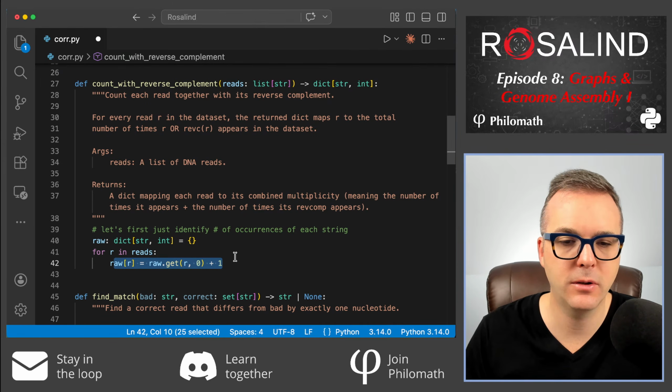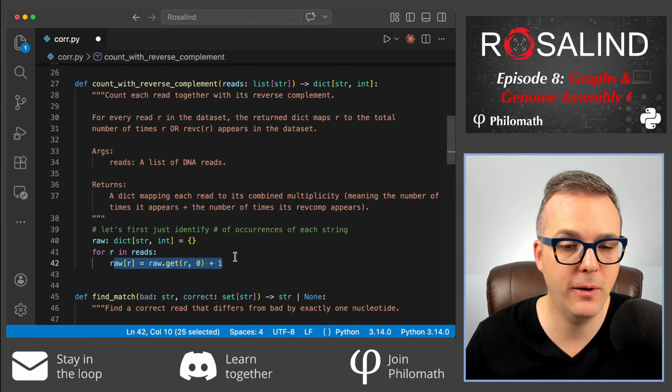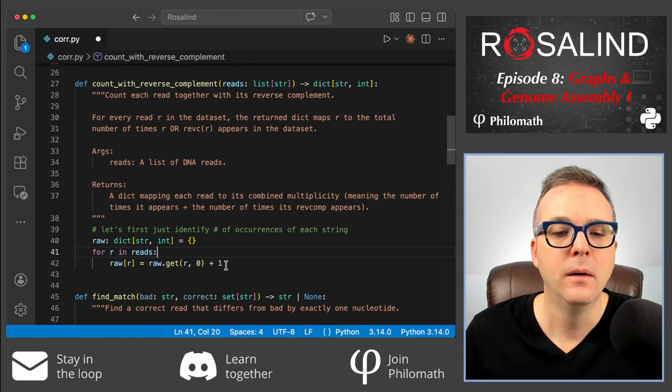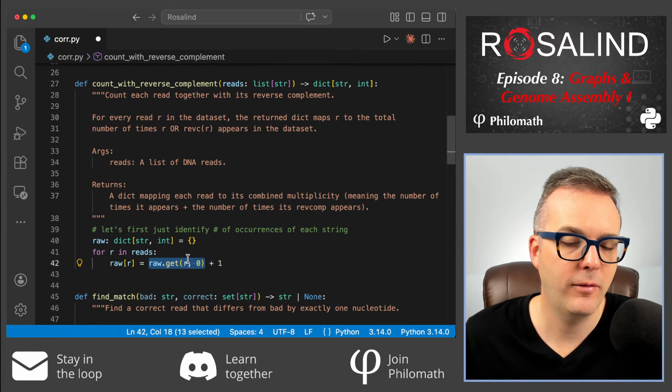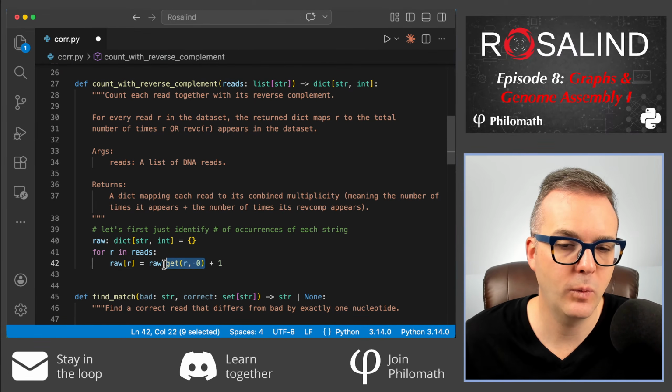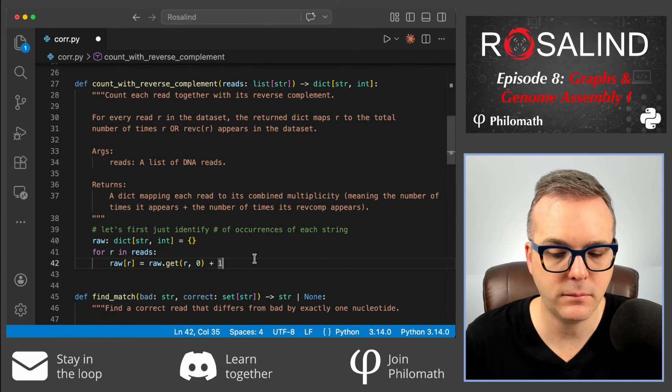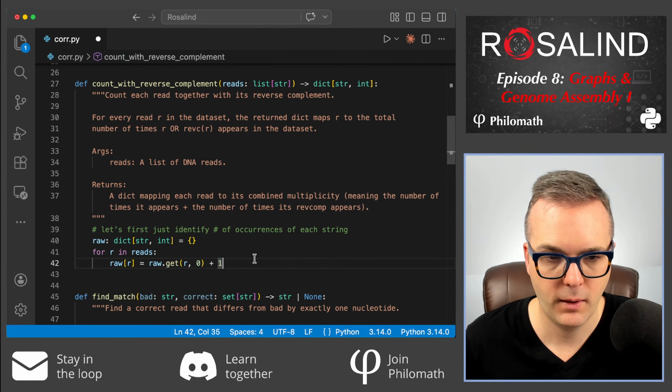I'm ranging through a collection of things, and I'm counting up the number of appearances that I see. It's a very standard practice to just set the key equal to what its current value is plus 1, and if it doesn't exist, set it equal to 0, which is where this .get comes from. Okay. Once I've done that,